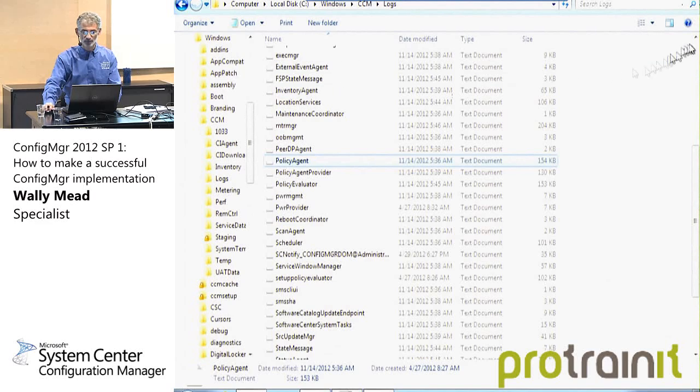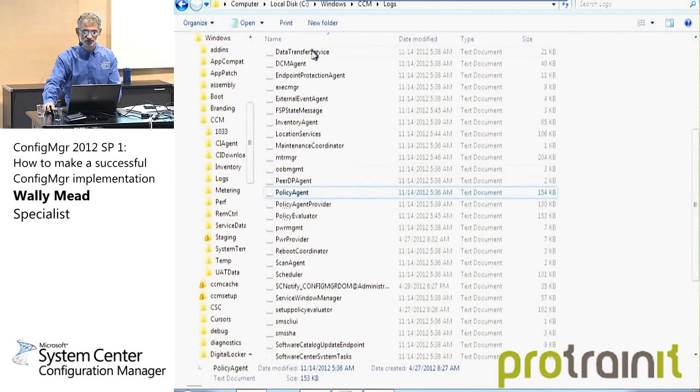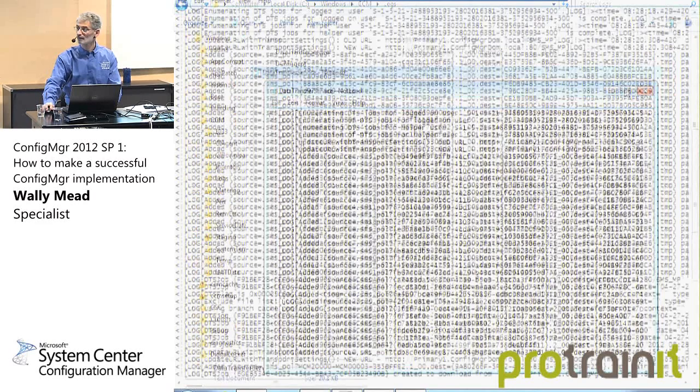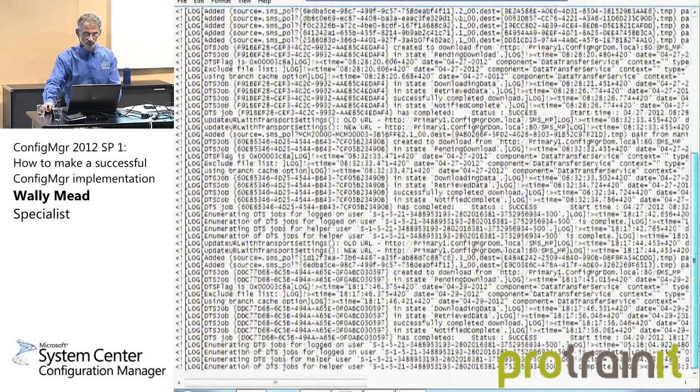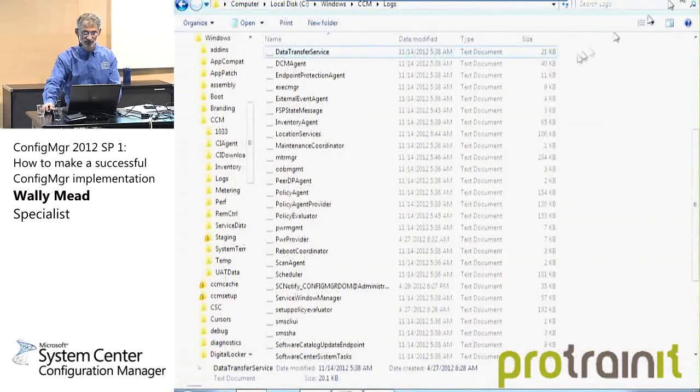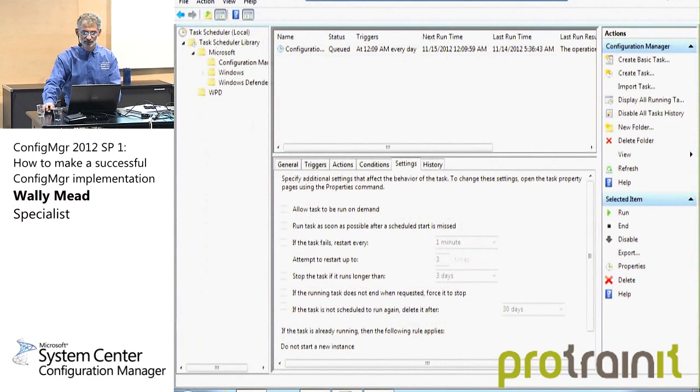Let me check this one log file real quick. 429. It's not done anything. Not done anything today of interest. So I think I got that problem. So I know Panu wants to show you something here, so let me go ahead and, before I kick this over to Panu,